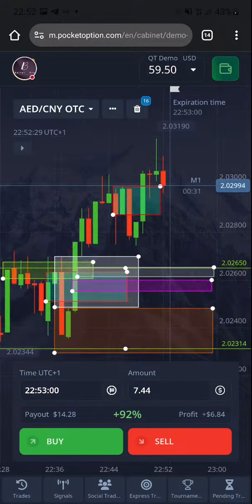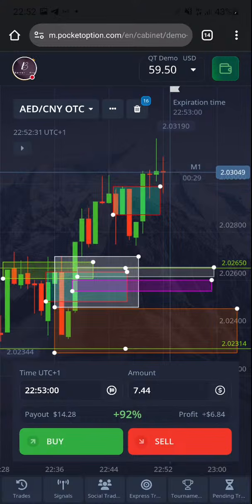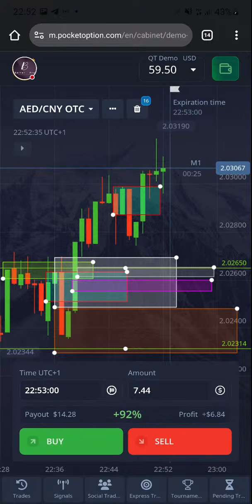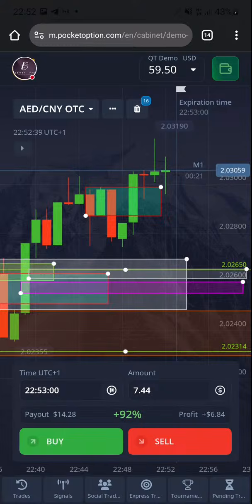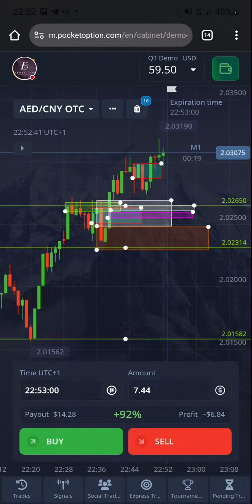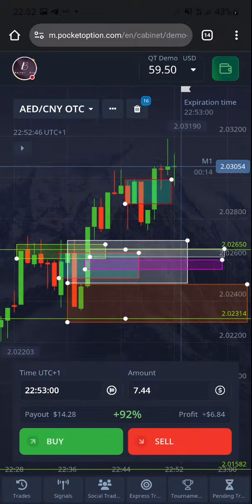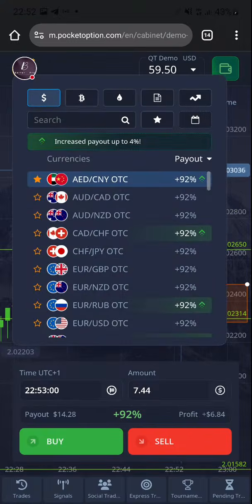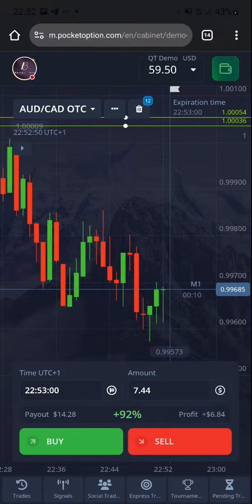And you see, inside this other block, we've not even checked for the entry for the other block. This is the fair value gap area. I usually don't mark it, but I intentionally marked it for the sake of this class. So we'll keep an eye on this market because if it comes back, we have an opportunity. We can take the trade. So let's check this quickly.